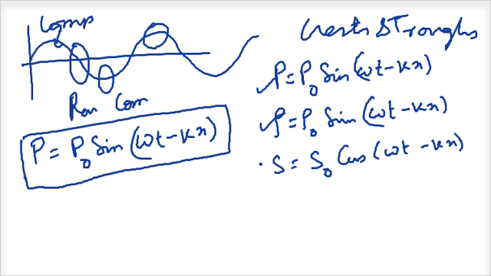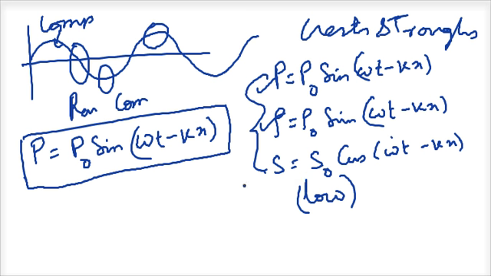But if density is very high, the displacement of the particle is very low, right? So there is a phase difference. At those points where the density is very high, the displacement will be low, and vice versa. So wherever P is max, S will be 0. Wherever P is minimum, again S will be 0. Okay, so you have to understand that there is a relationship between these three.